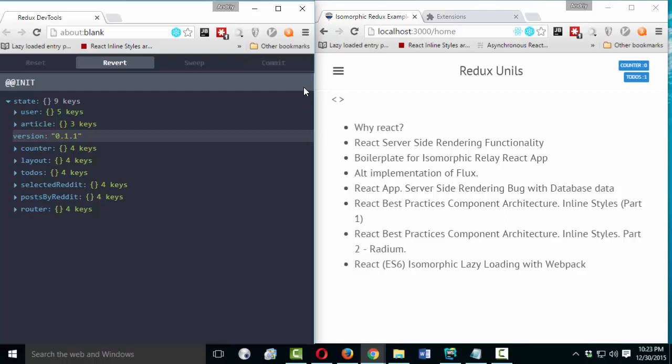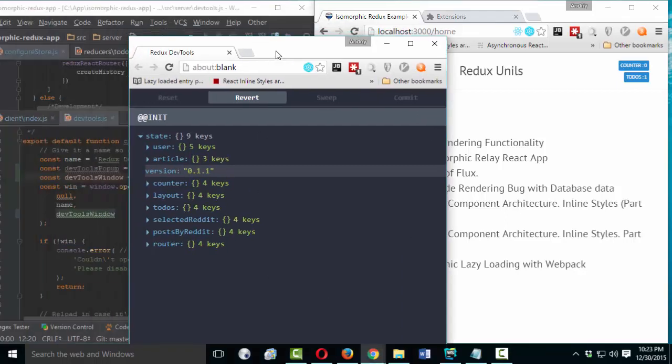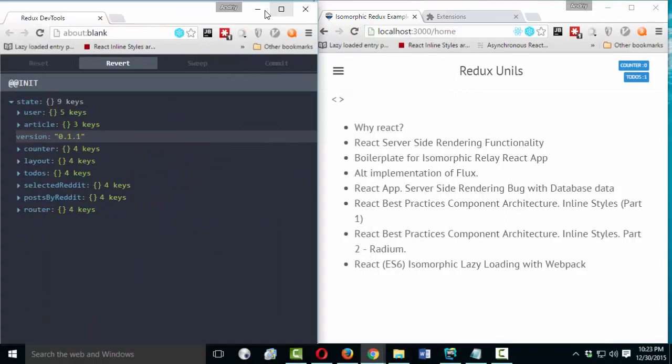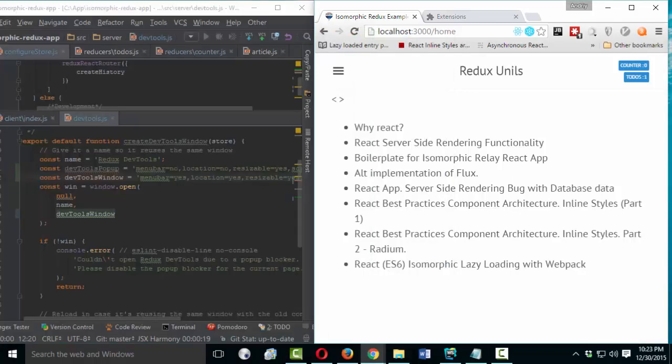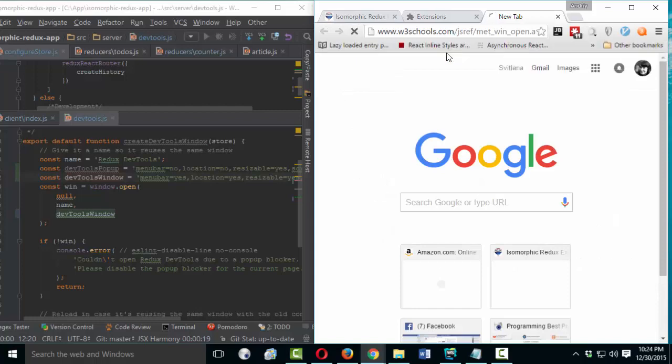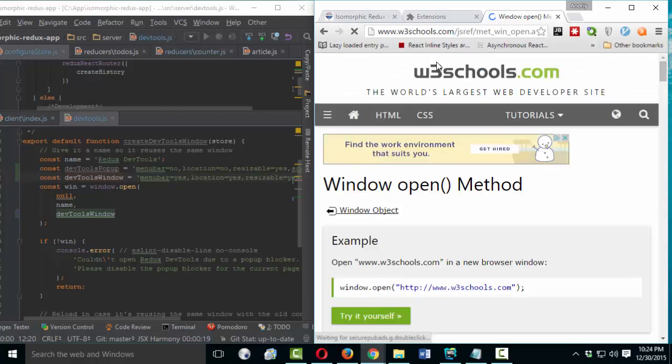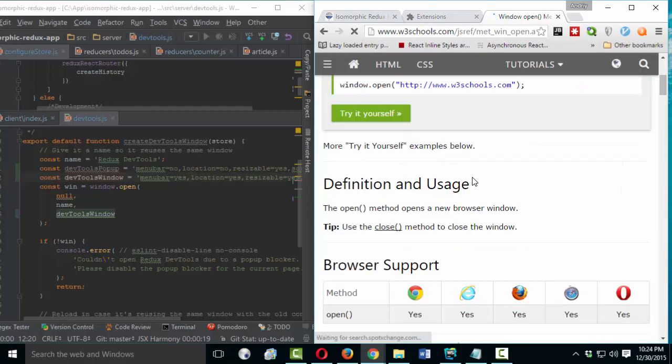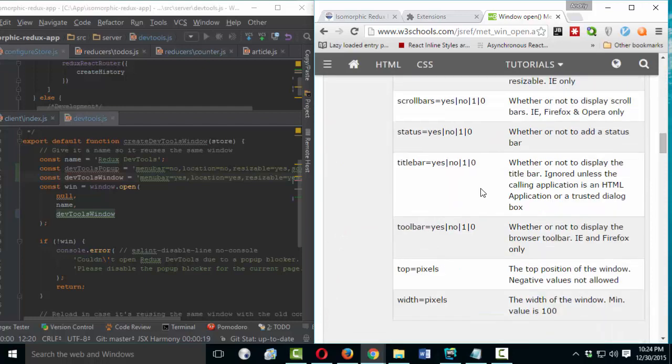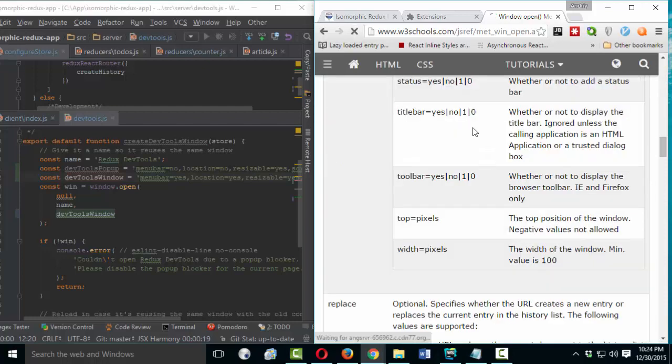But it was before the Chrome extension. Still, if you don't have the possibility to use Chrome, in order to manage it you will need to come, for example, here. I will add this link to the video description and find all options for managing your window appearance or pop-up appearance.